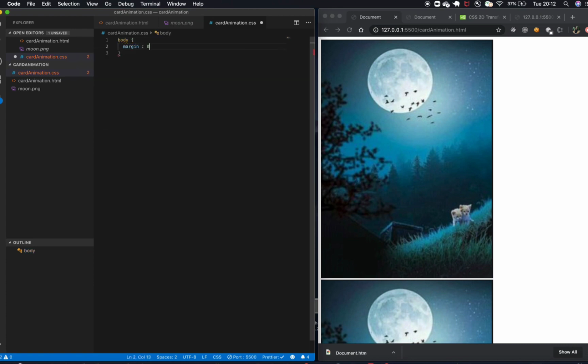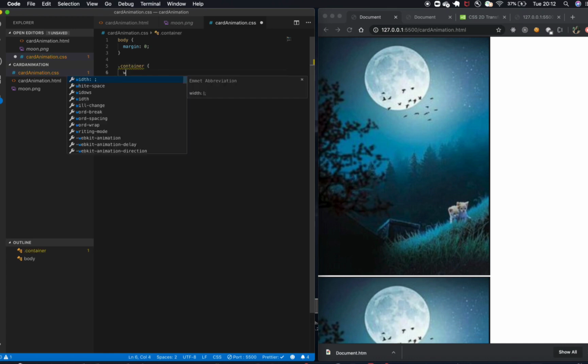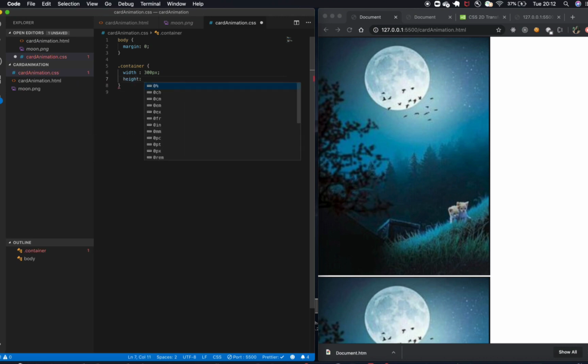Now I'm going to give some height and width to the container that we created. Let me give this container a width of, let's say, 300 pixels, and a height of around, let's say, 600 pixels.